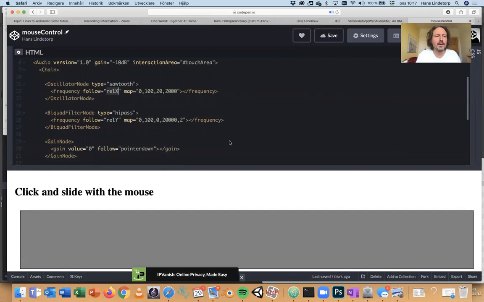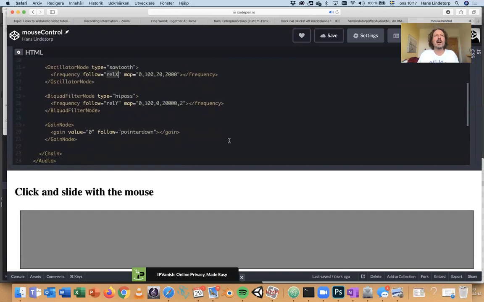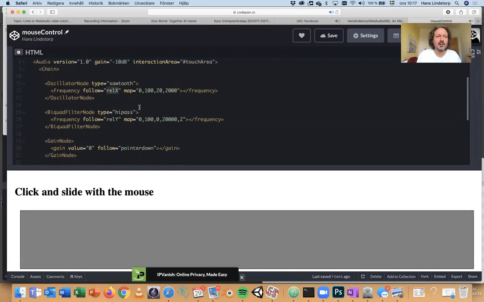I also have one value called pointer down, which is 1 as long as the pointer is down and is 0 when the pointer is up. So that's good to know as well. So I actually relate this project to 3 different variables called rel x, rel y, and pointer down. And this is how I map them to